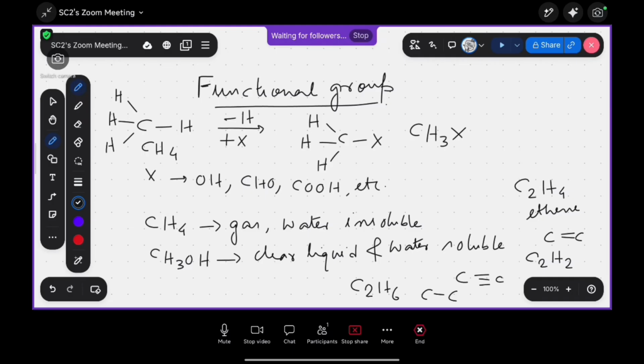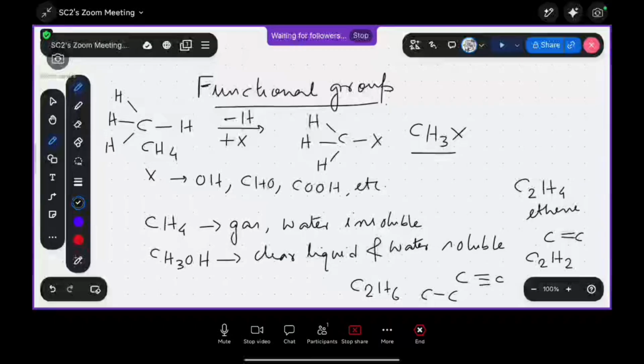So what happens when one or more hydrogen atoms are replaced? It is not necessary that every time only one hydrogen is replaced. Sometimes more than one hydrogen can be replaced. So when one or more hydrogen atoms are replaced by a different group or different atom, the newly formed compound, that means CH3X, has completely different physical as well as chemical properties from the